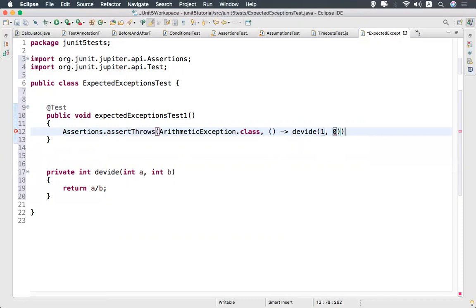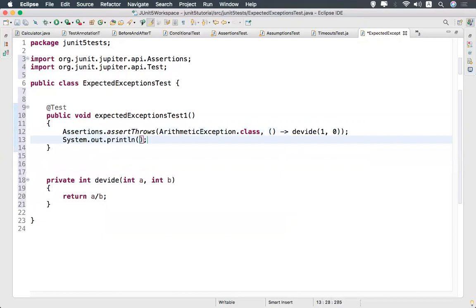I'll call this method divide 1, 0. Normally 1 by 0 means you will get an ArithmeticException, when you divide something by 0. I'll just print something: test passed as we handled the exception.